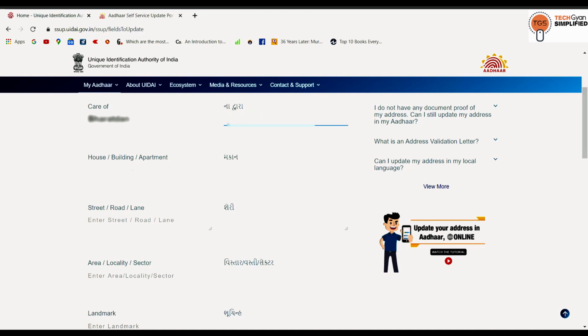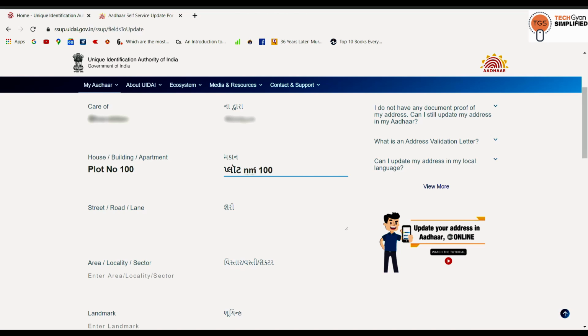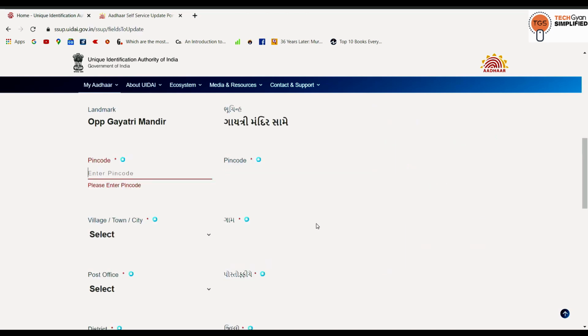I am using Google language tool of my local language, that is Gujarati, here to correct these details. Okay, so just enter all the details similarly. Keep correcting your details in the local language also.